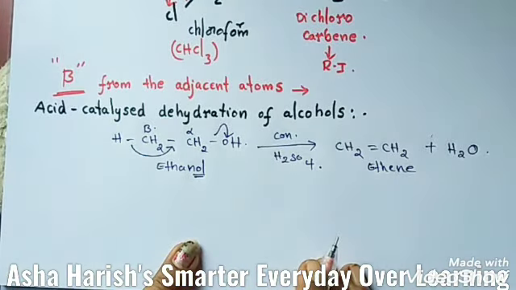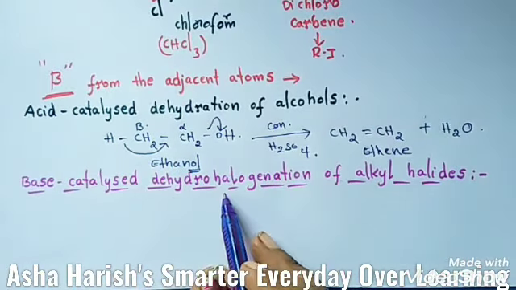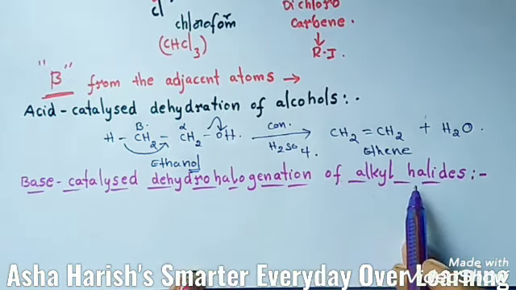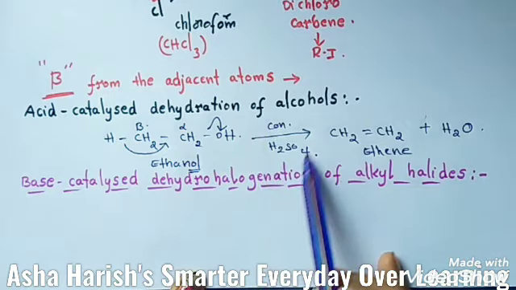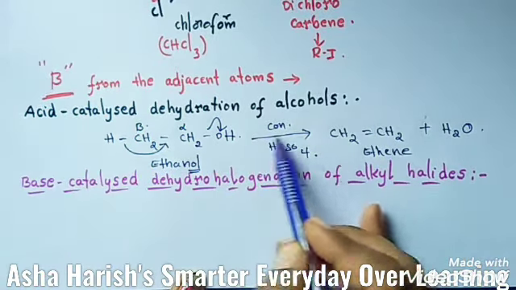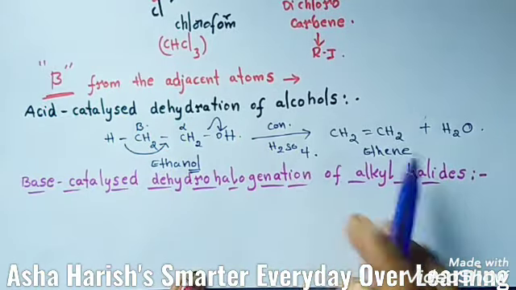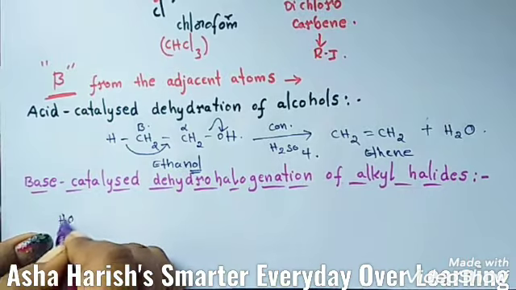Now let's see the base catalyzed dehydrohalogenation. In this type of base catalyzed dehydrohalogenation of alkyl halides, a basic substance is acting as a catalyst. Why? Because in the acid catalyzed dehydration of alcohols, an acid, H2SO4, is acting as a catalyst. Now let's see the examples of this. Then HO minus,